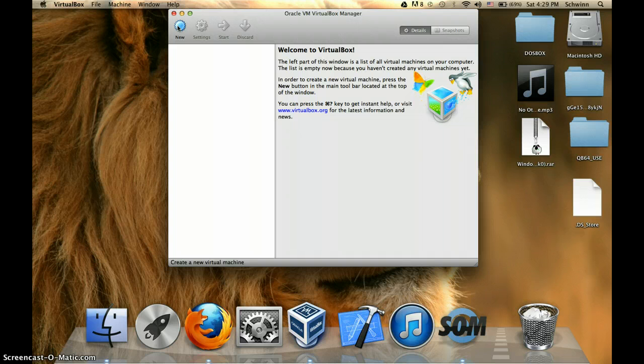Well, if you don't know what VirtualBox is, it's a virtualization tool. How to explain it? It's kind of like a machine inside a machine, okay? But it's a fake one. So the files that make up the machine are stored